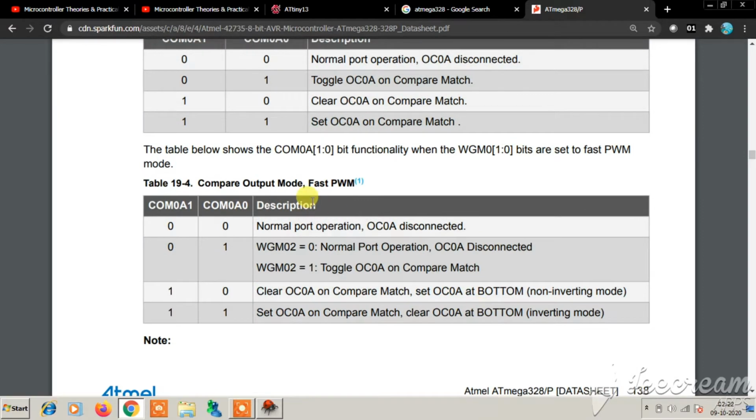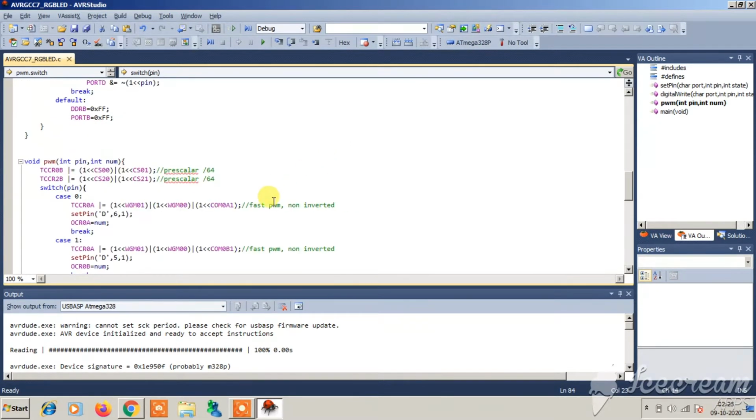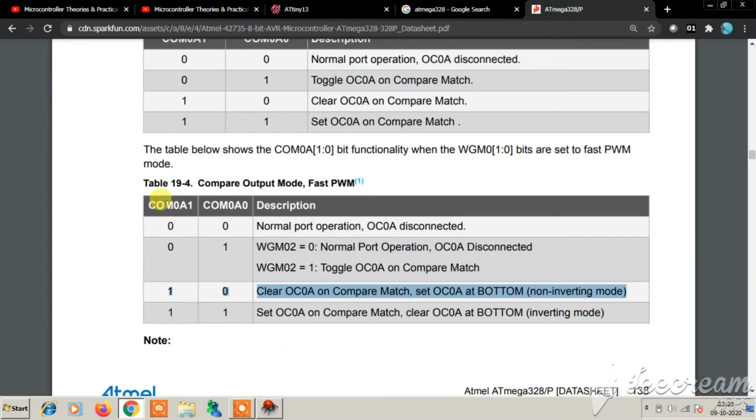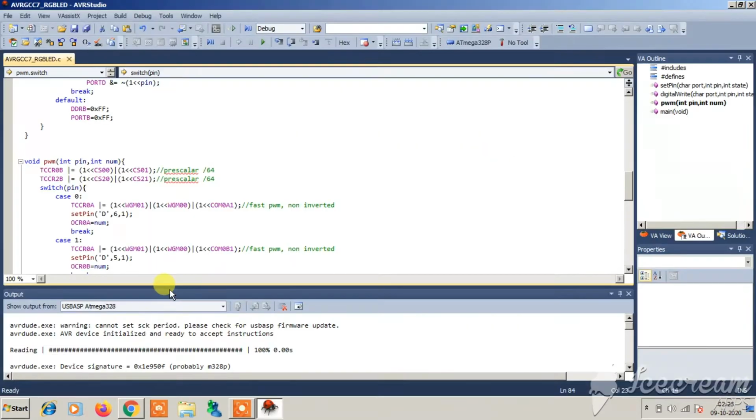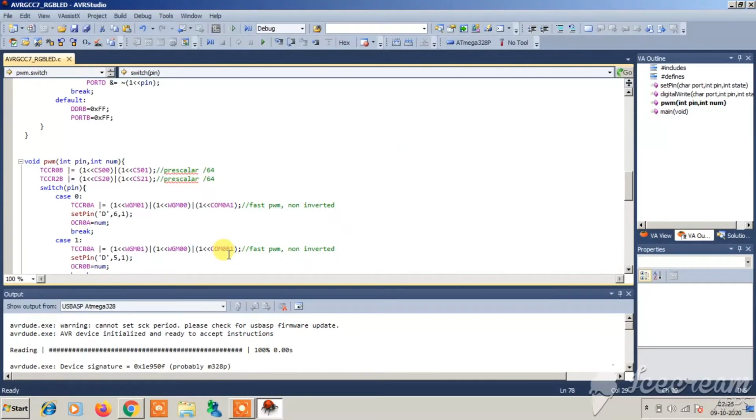We will be using the fast PWM mode, the clear OC0A on compare match, set OC0A at bottom, non-inverting mode. That's why we will be setting COM0A1, and similarly for the other PWM channel, COM0B1 will be set here.